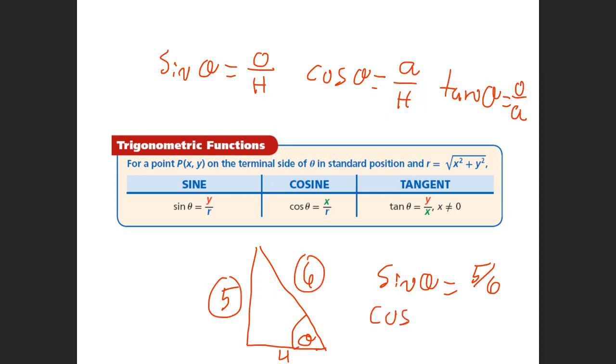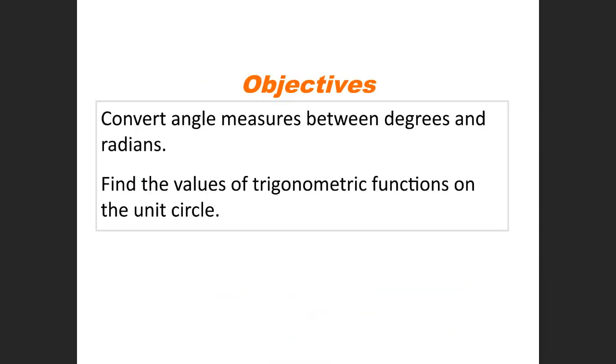What is the cosine of theta? Four over 6. Right, because cosine is adjacent side over hypotenuse. What is the tangent of theta? Yeah, you could say 2/3. Yep. Cosine would be 5 over 4. Right. Or I'm sorry, tangent would be 5 over 4. So this is just a real quick review of trigonometry that you should have learned in geometry. Now, if you don't know that stuff, please go to the lesson tutorial this week, because I'm looking at the time and we got to get to our